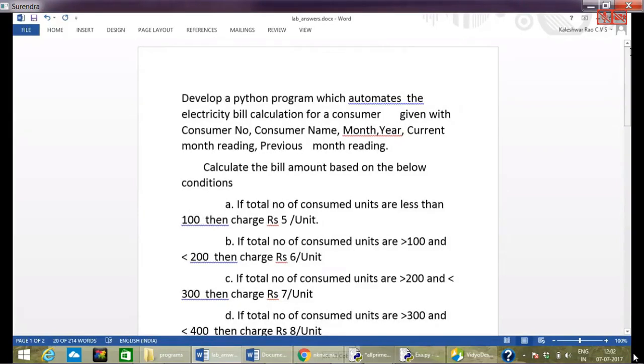And after taking the data types, I need to take the input from the keyboard as well, and I need to perform the arithmetic operations on the input taken from the keyboard, and I need to check the conditions given by the customer, and based on that particular